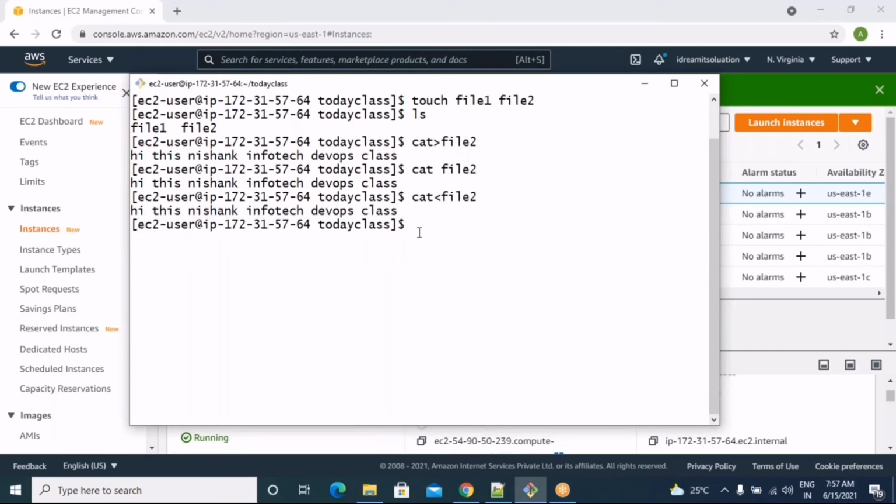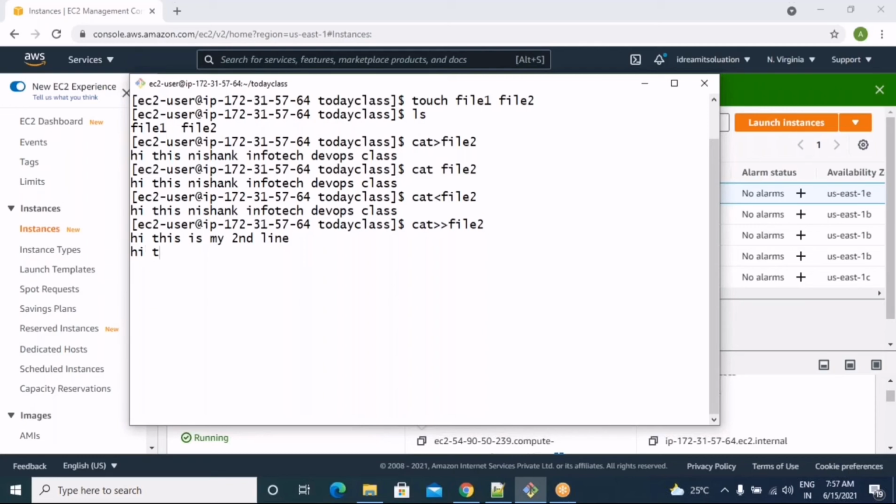Suppose my manager told me, or you have a requirement, that in this file you have to add another two lines. So cat double output redirection operator file 2, enter. Hi, this is my second line.